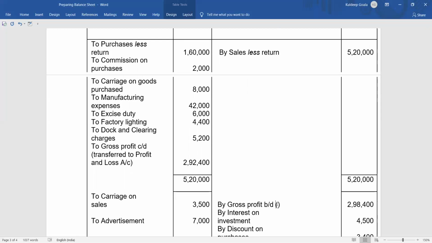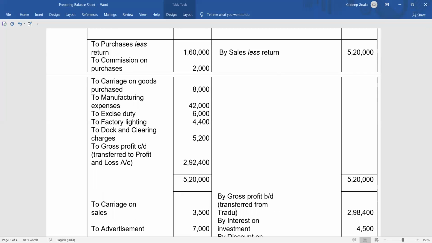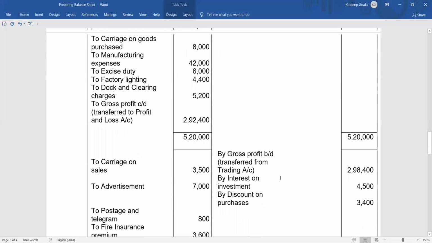Transferred from trading account. Okay, clear? It will be placed here like this. Right, after doing that,